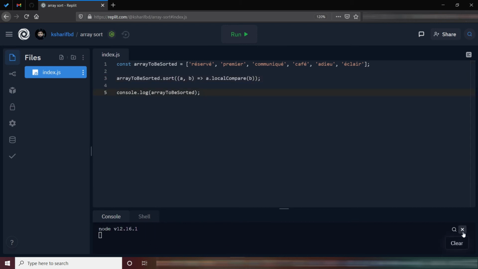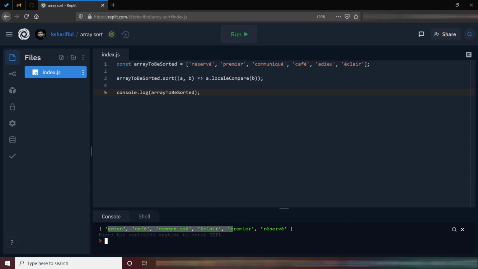Now if we clear the console and run this code, we have made a mistake. It should be localeCompare. Now run the code. Now we are getting the array in sorted order.